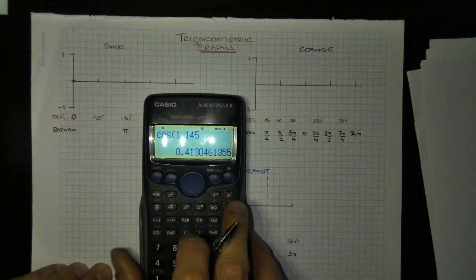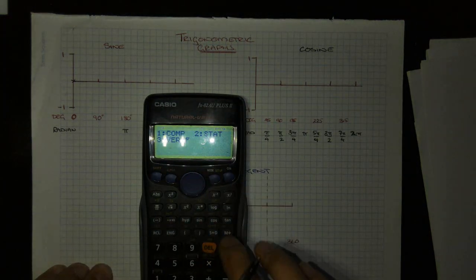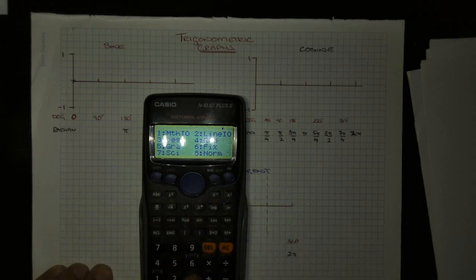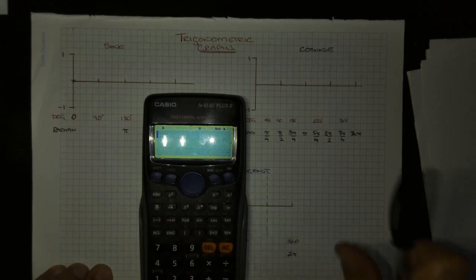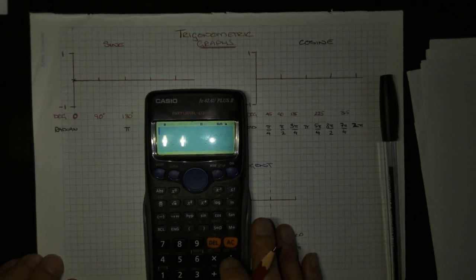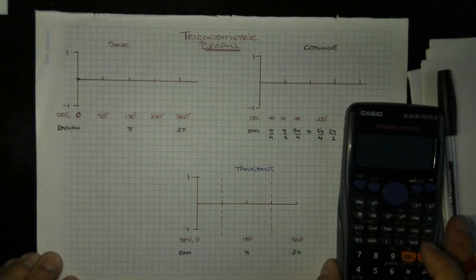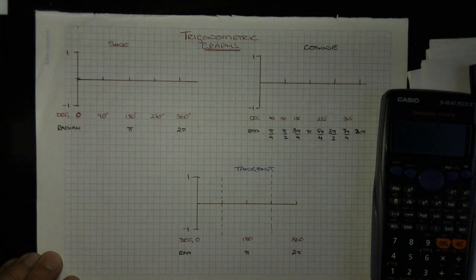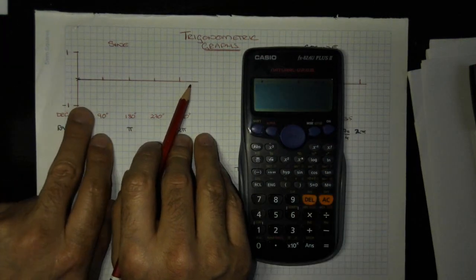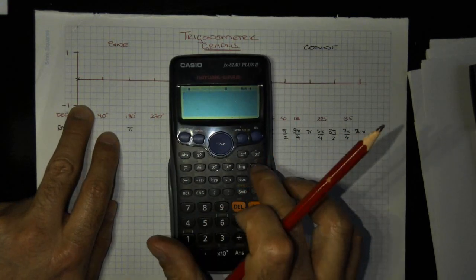So, I'm just going to jump back into degree mode, so shift mode, I'm going to press 3 for degrees, okay? And we're basically going to talk about the trigonometric graphs, okay? So, with the sine curve, yep, let's press